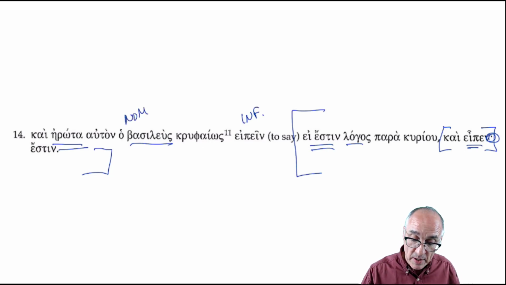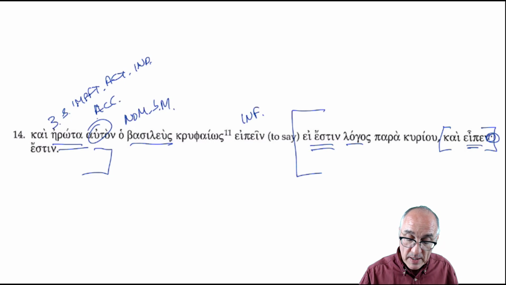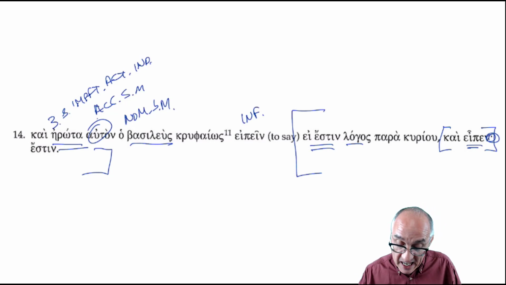But this is the subject. Nominative singular masculine. The king. Erota, third singular imperfect active indicative. Was asking him. Accusative singular masculine. Was asking him secretly to say. So, we're going to keep as much as we can in order. And he was asking him, the king was asking him secretly to say if